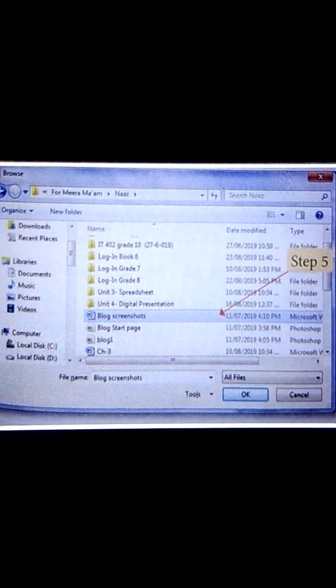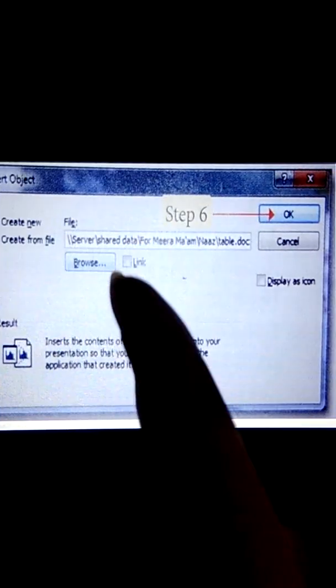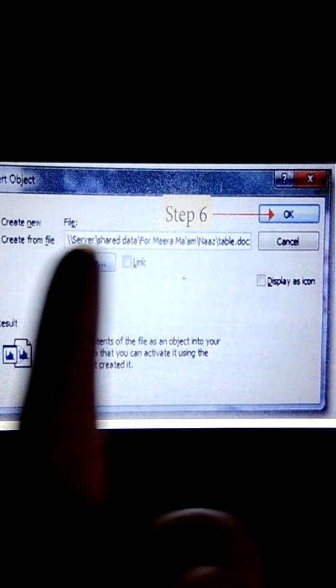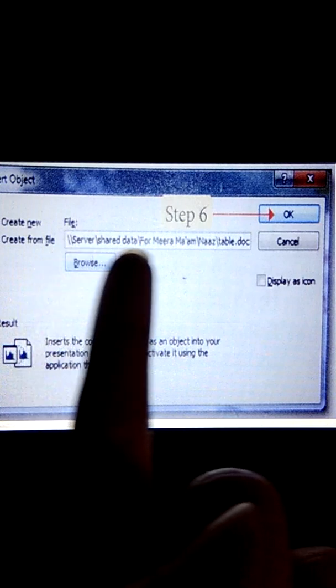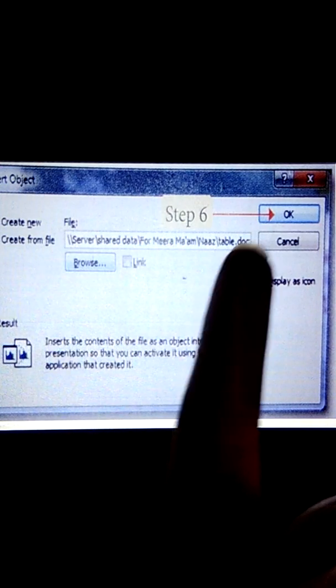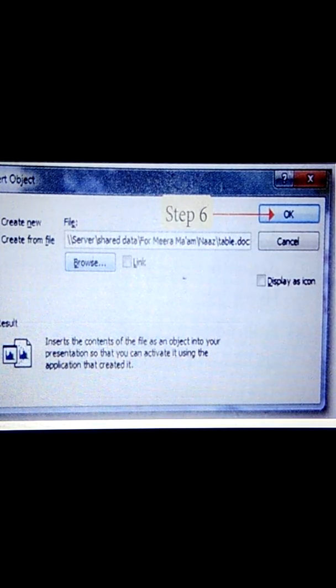That particular address will display here. Then you have to click on the OK button. Please go through this topic properly from your book also, because it is a little bit complicated. If you correlate my explanation with your book, you can easily understand it.